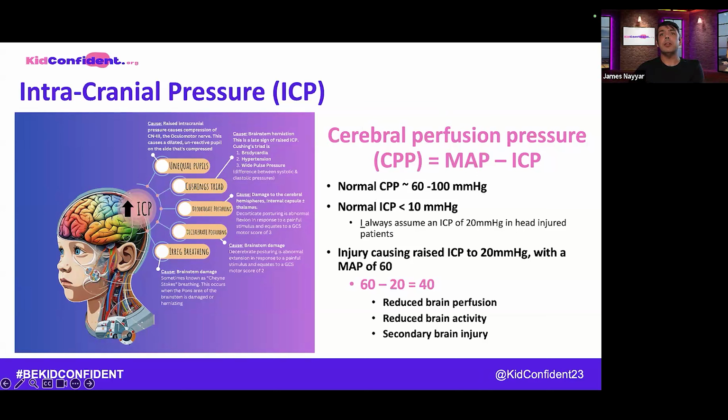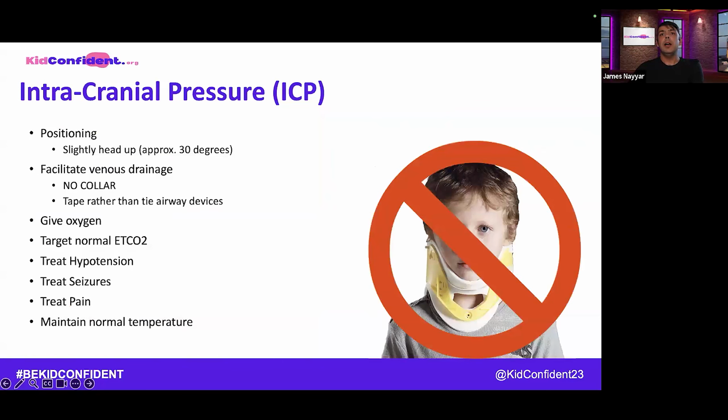I hate maths. And all of this doesn't do anything about the primary brain injury, because that's already happened before you get there, but it does significantly help secondary brain injury. So how do we manage intracranial pressure apart from giving them loads of oxygen and some fluids when they're hypotensive?